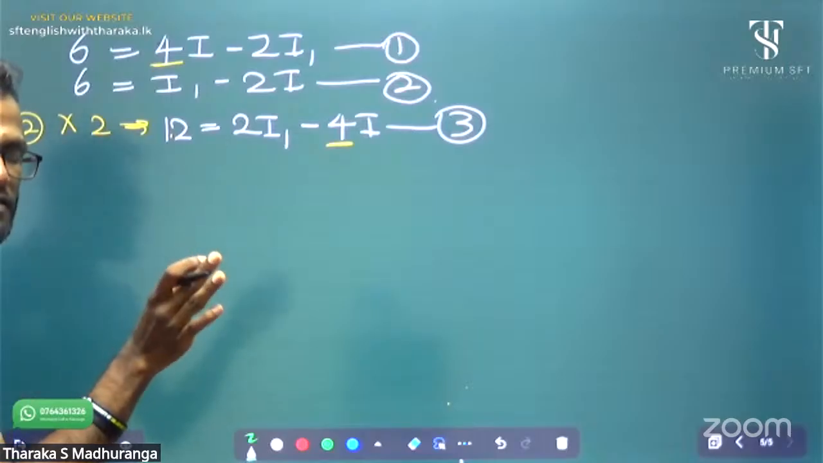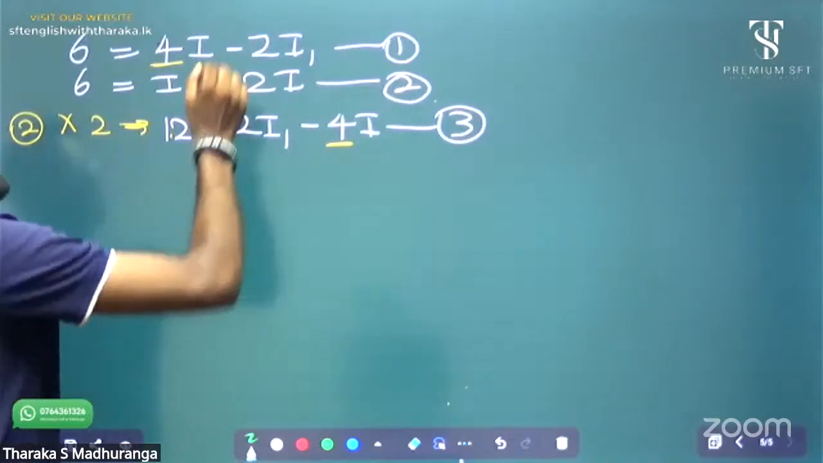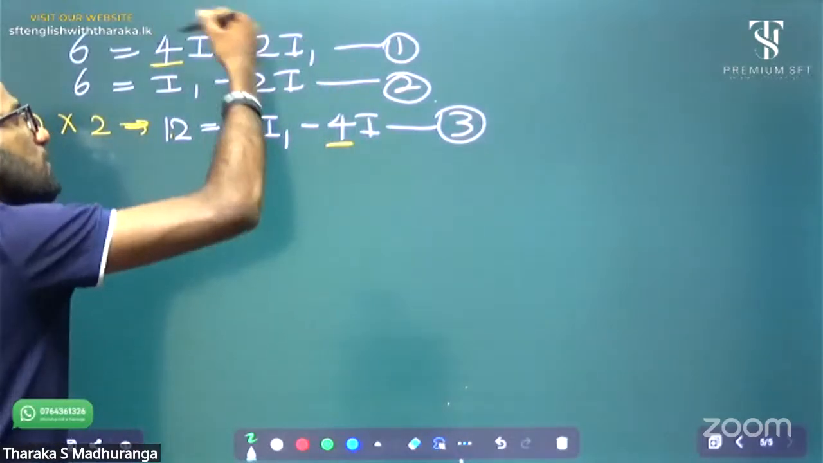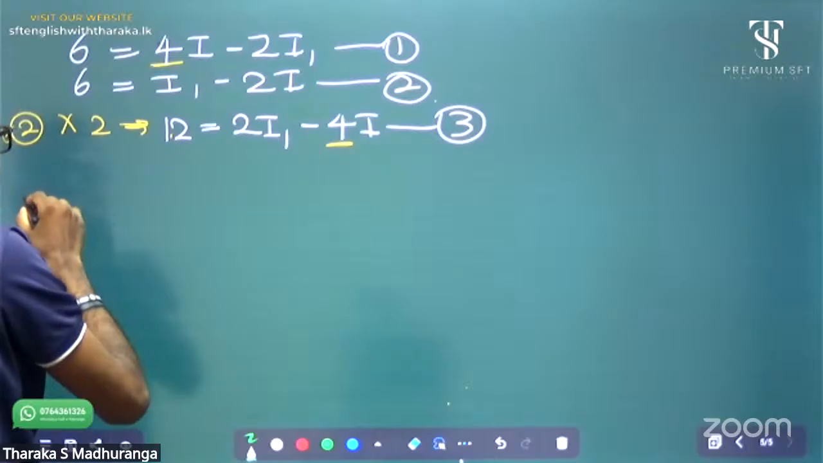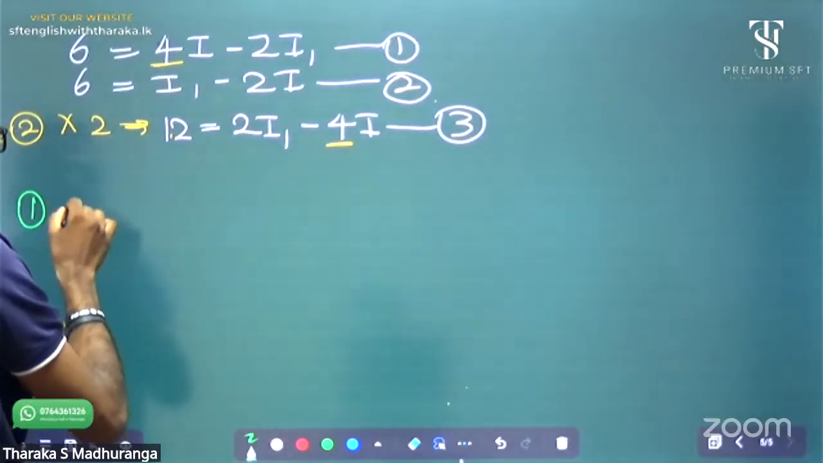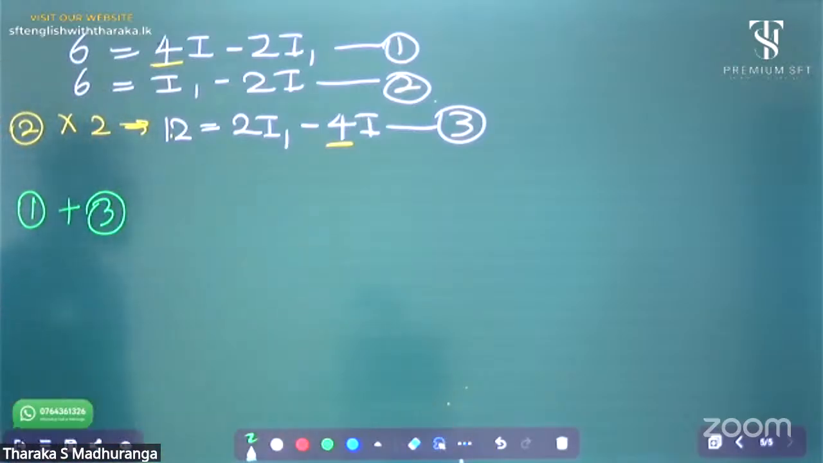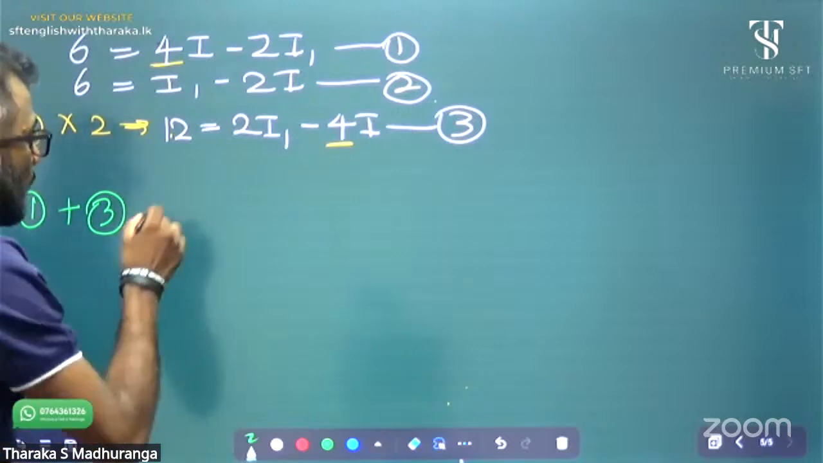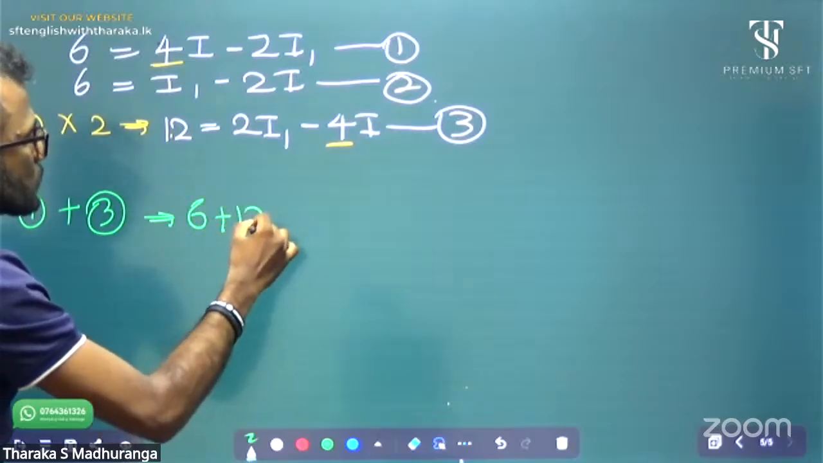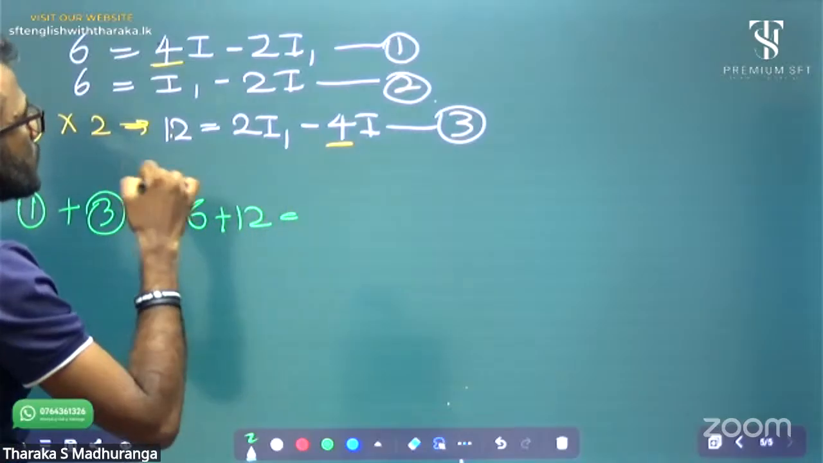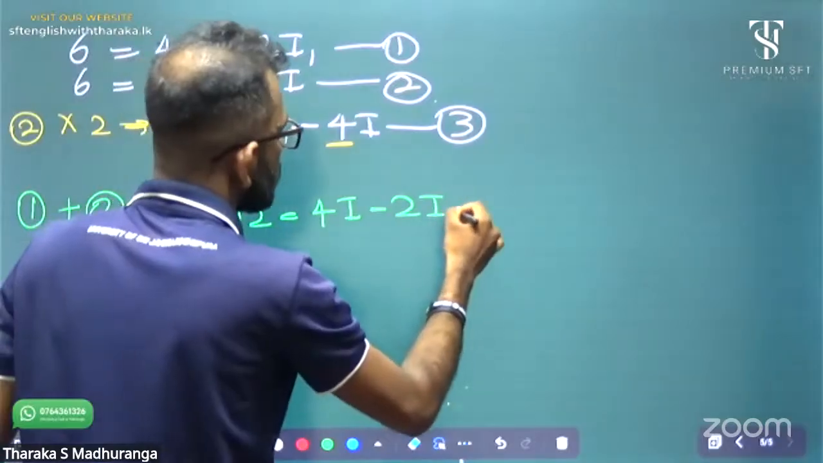Okay, clearly understand this simultaneous equation method. I told you as homework to refer to it. Now the two coefficients are equal, but the sign is different. It is plus, it is negative. Therefore you can add your first equation and third equation. That's the method. Add. 6 plus 12 equal 4I minus 2I1